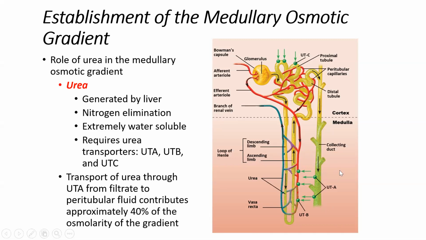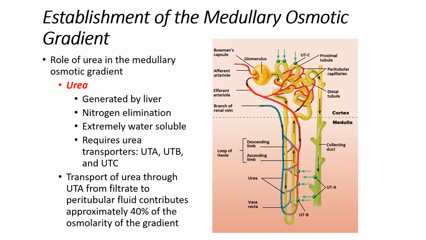But the orientation of the vasa recta is going to be the opposite of what it is for the tubule. So we can see here that the descending limb of the vasa recta is what comes in contact with the ascending limb of the loop of Henle, and the opposite is true. The ascending limb of the vasa recta is what comes in contact with the descending limb of the loop of Henle. Okay, so as I speak about the ascending and descending limbs, I'm going to be differentiating whether I'm speaking about the loop of Henle or the vasa recta, because they're going to be in opposite